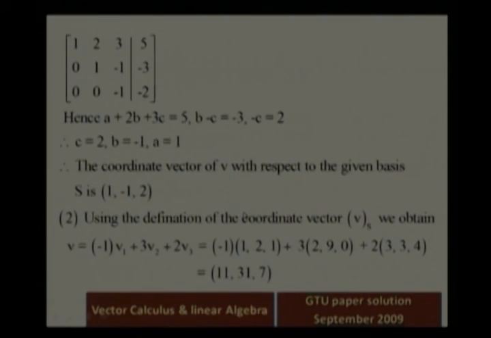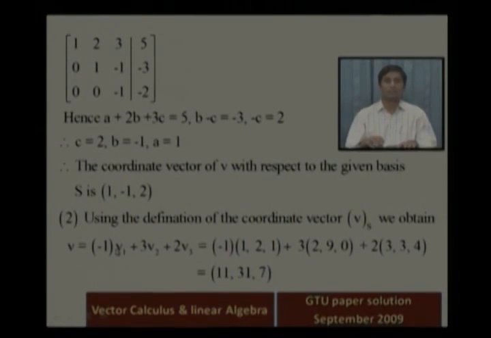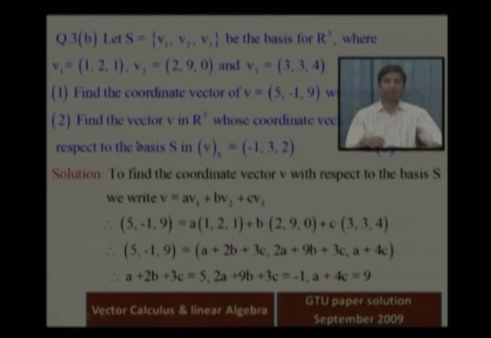using the definition of coordinate vector, we obtain v = -1 into v1, because see this is our coordinate vector. The next question is find the vector